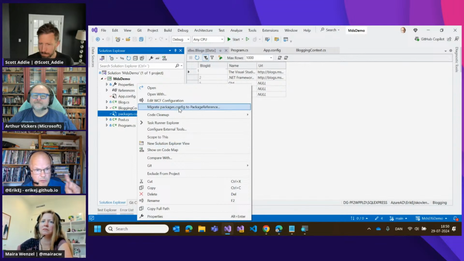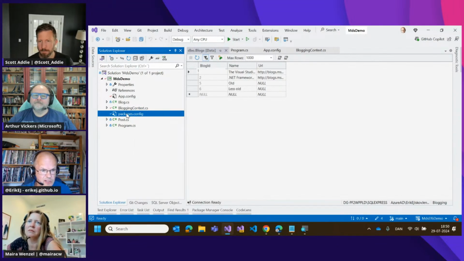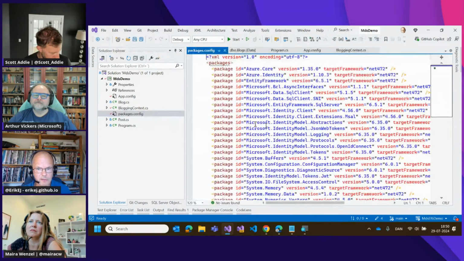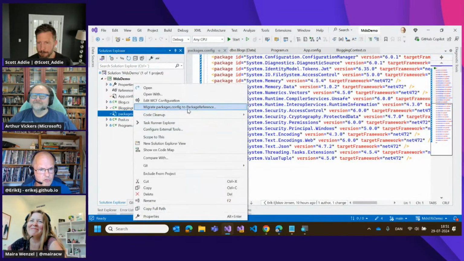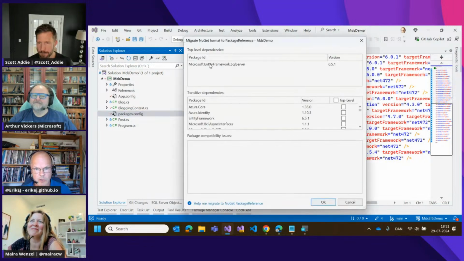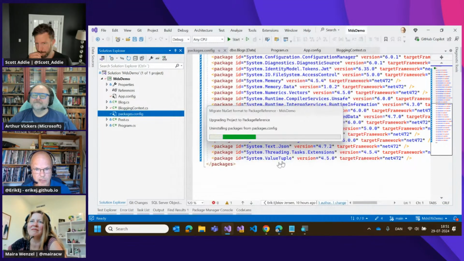So now I'm actually just quickly going to, you can see there's a lot of packages here. It didn't look very nice. It's packages.config. Too many packages, my eyes are hurting. So let's convert this to package reference. It will include just a single package.